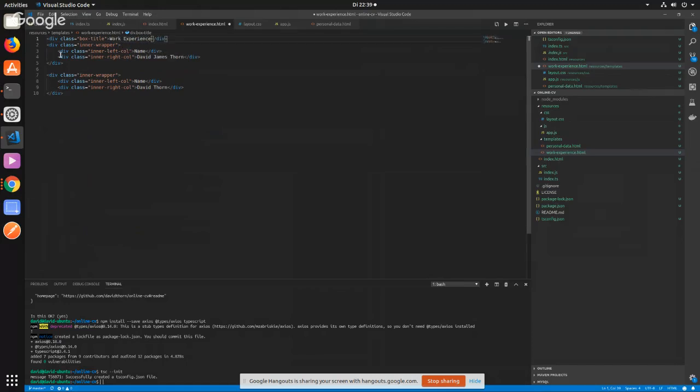Work experience, and we'll format code. Oh, okay, yeah, it is correct. So left column is like a date, maybe. Let's say May 99 to April 09, and then we'll put in here